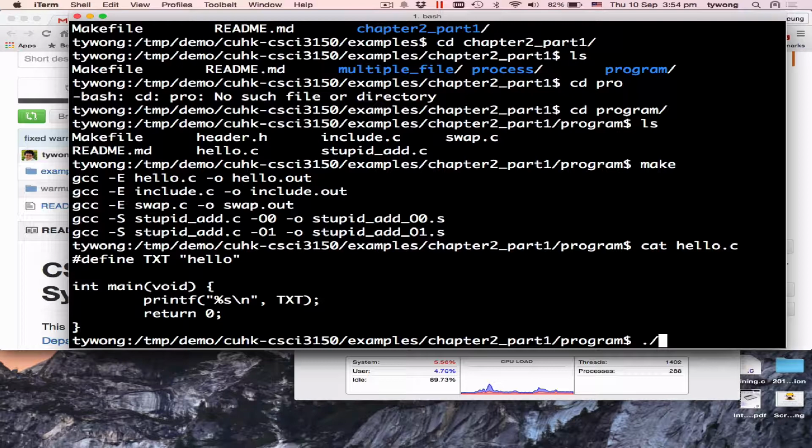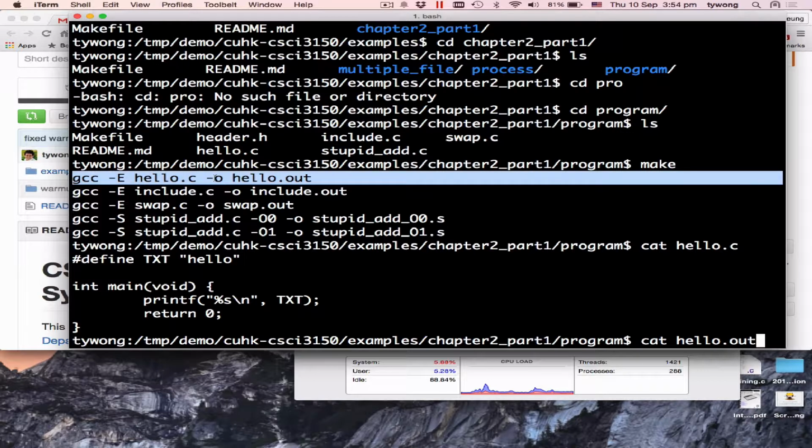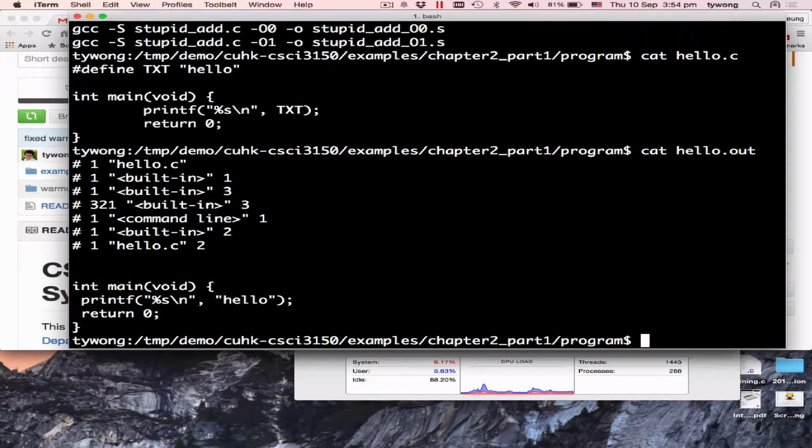So what is the meaning of convert? Let's take a look. Dump out the content of hello.out, which is generated by this command. Take a look. Forget about all the number sign things. The thing that I want you to focus on is the printf statement. What happens with the printf statement?